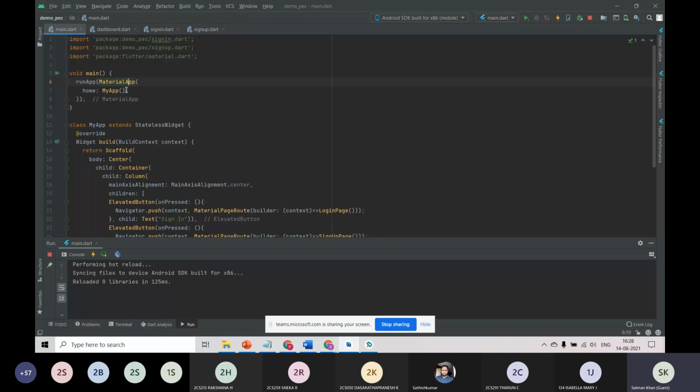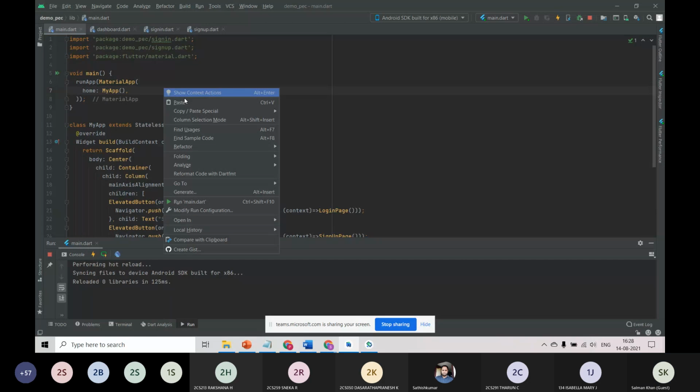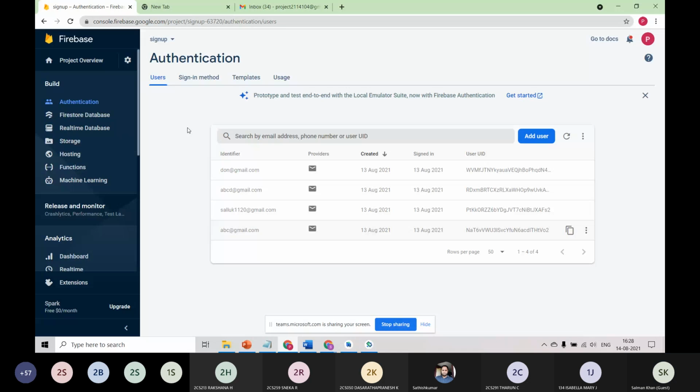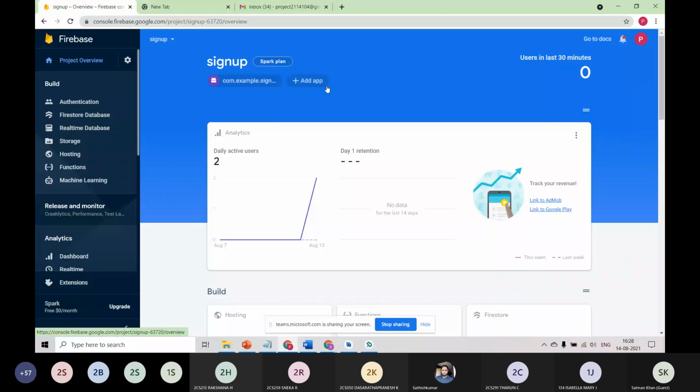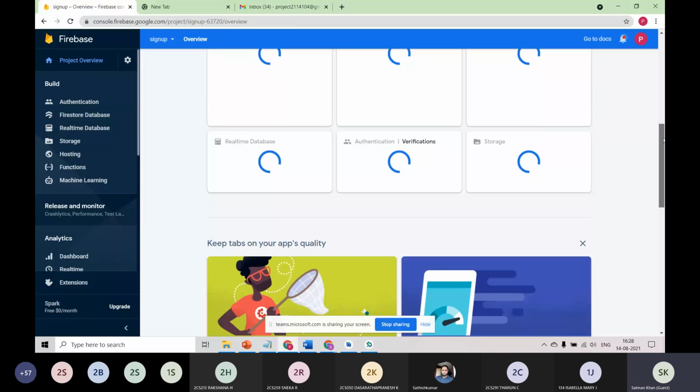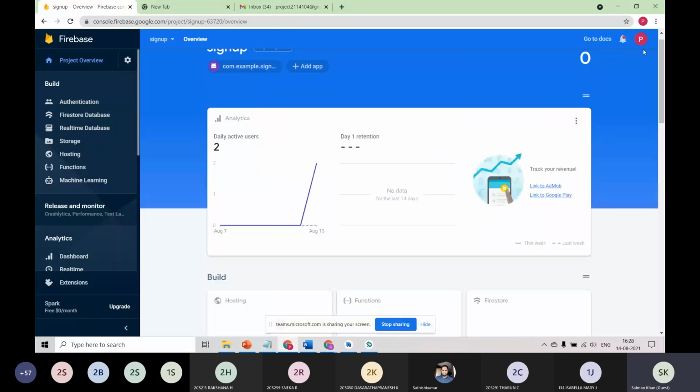Let me structure this code first and go here. Okay. I will just create a new application for you.